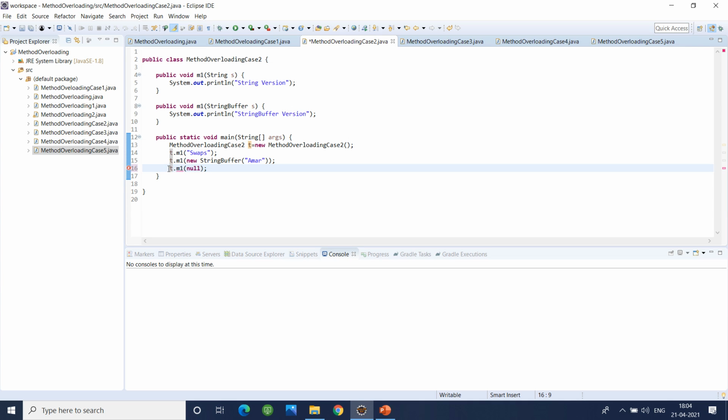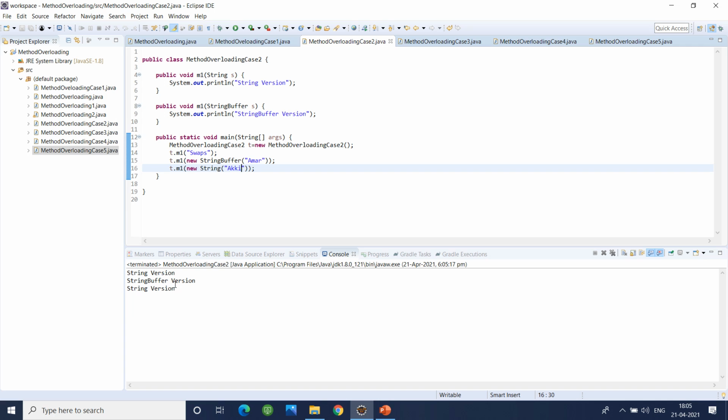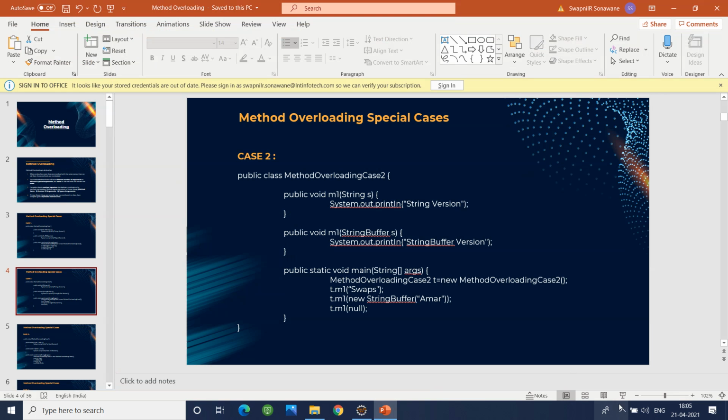You just need to pass either like this. Okay, and you can see that the error is now gone and we are able to run this program. Okay, so next case,